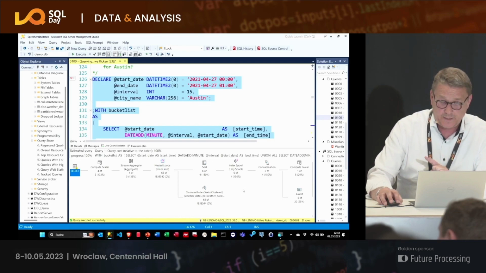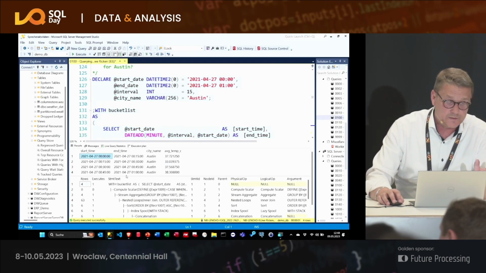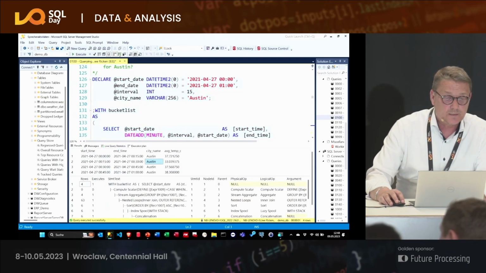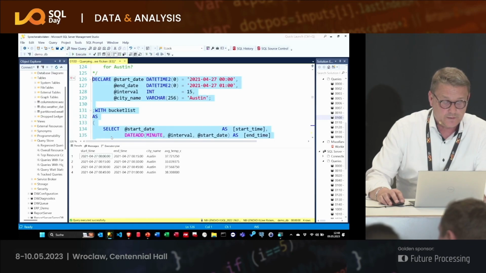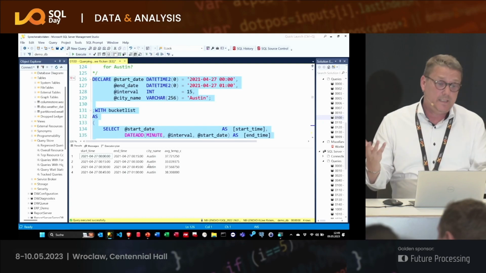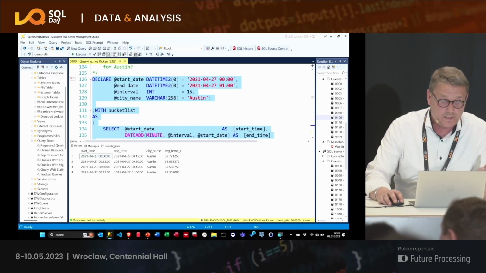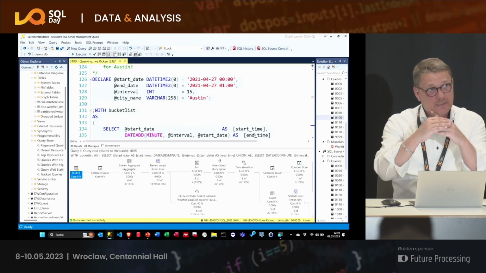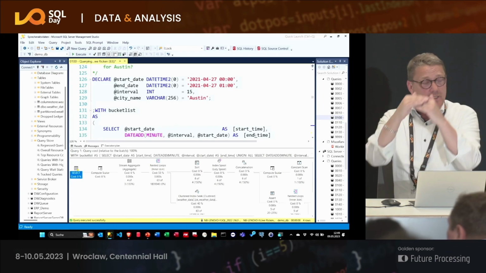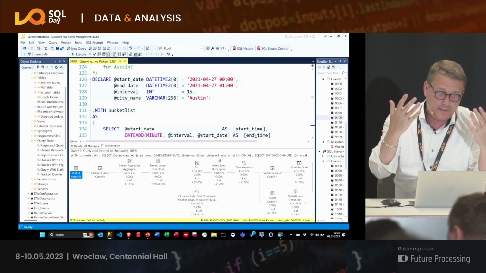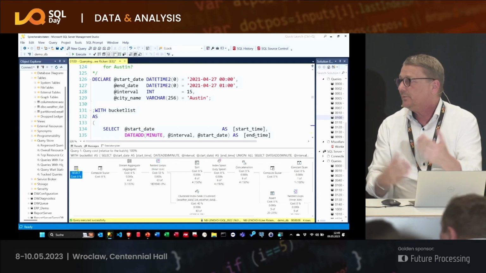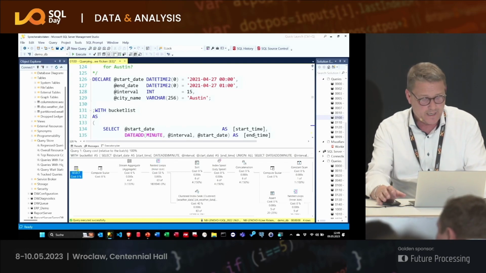This is the execution plan, looks very simple. Here's the result. One moment, I switched this off, this is too boring. So here we are. And that was incredibly fast, but that was because of the indexing. The key point is that I have created the time range, and that was the challenge here. I must have a line or a temporary table which holds my limits, which I need to compare against the data.